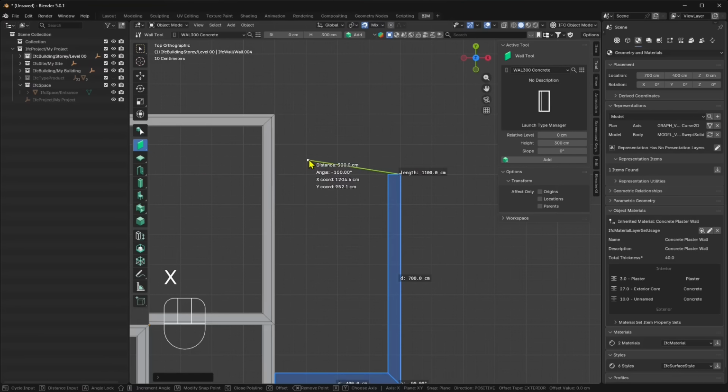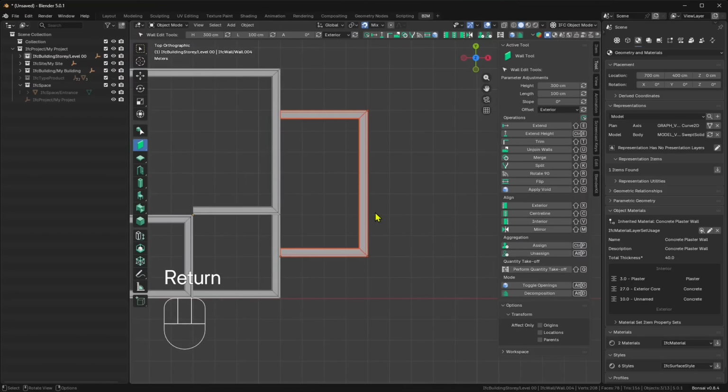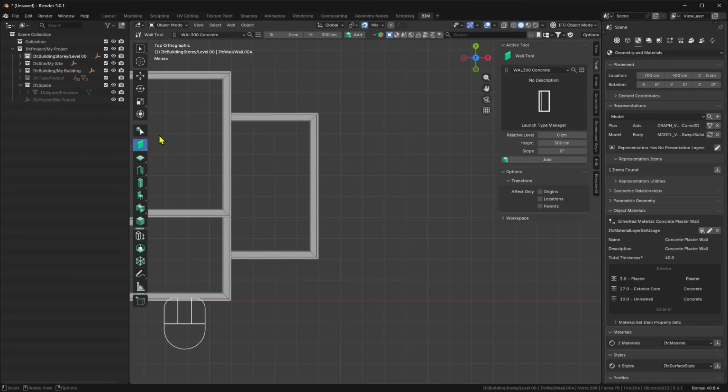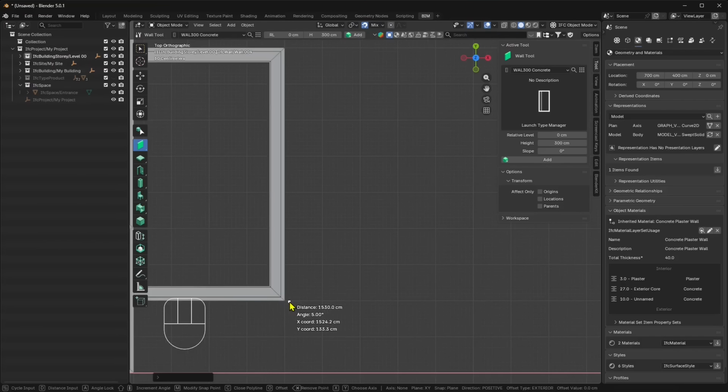If it's difficult to snap perpendicular, you can press X to go perfectly horizontal, or you can press Y to go perfectly vertical, and so on. So I'm just going to continue here building by blocks. So building by spaces, building by rooms, and then I will try to figure out if everything's fine. Otherwise, I will fix it, and then I will